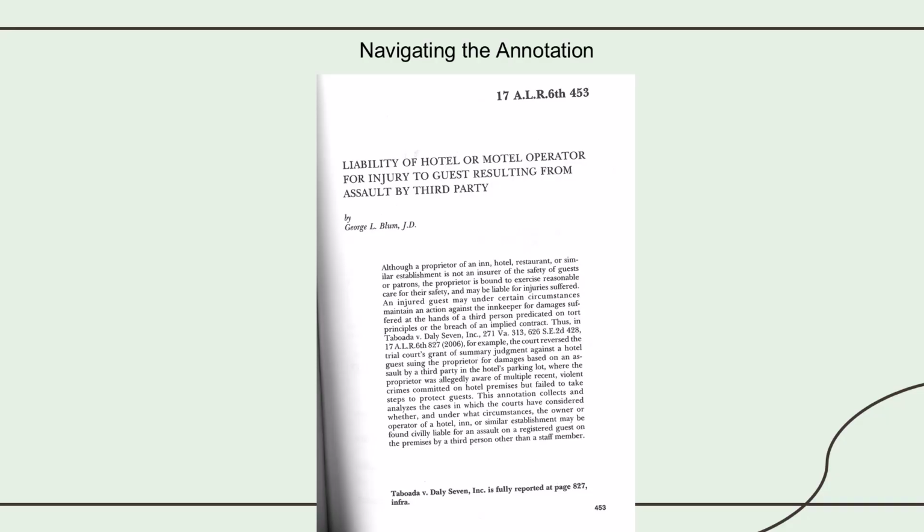Now let's look at a sample annotation. This is the one about hotel liability. You can see it starts with a kind of summary, and what it's summarizing basically is the case that it's based on. Every annotation comes from the fact that there was a case of interest, and they tell you the name and citation of that case here in the summary. But now notice at the bottom, it tells you that you can read that case in the back of this volume of the ALR. You could also go look at it in the reporter, but they publish the entire case in the back of the volume.